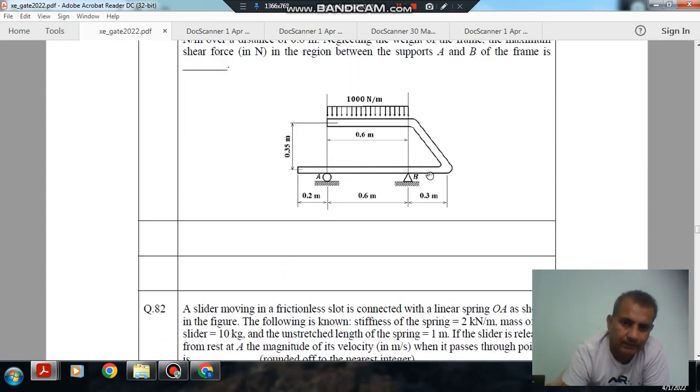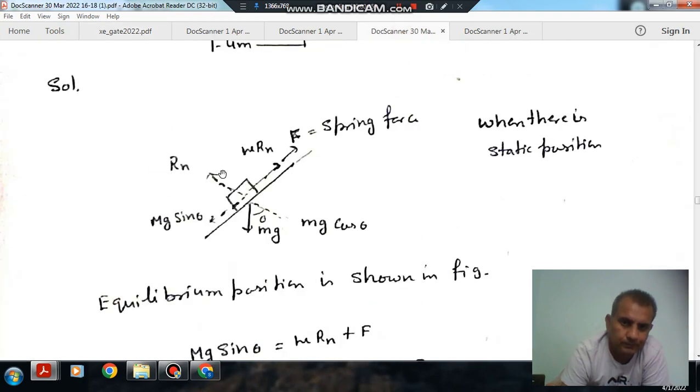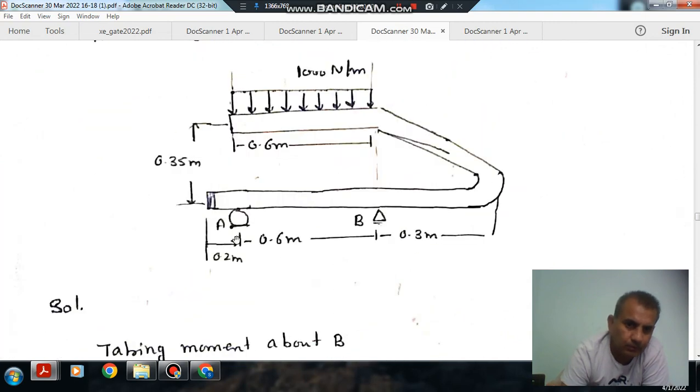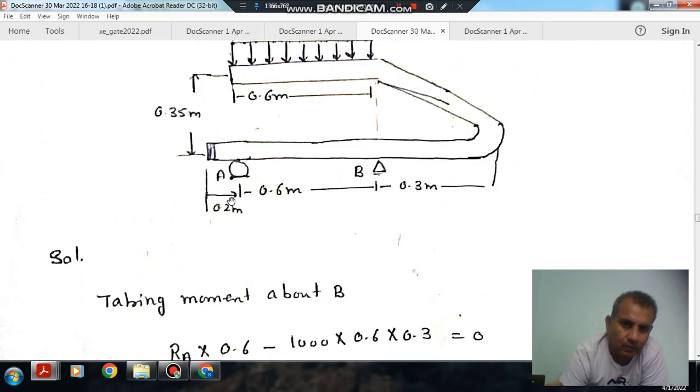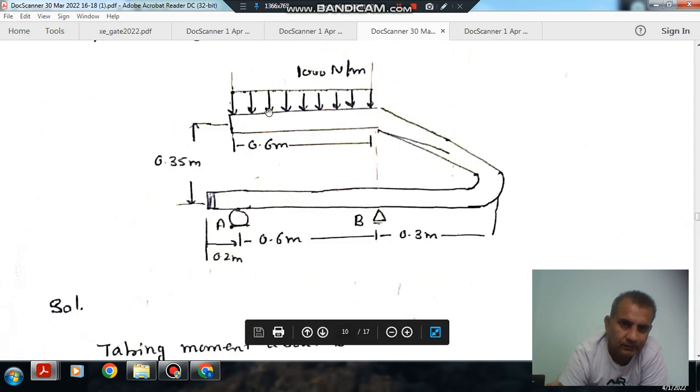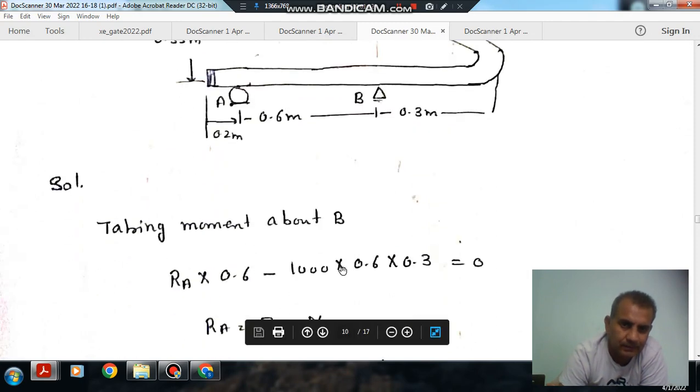So this is A and B, this is your 1000 Newton per meter, this is 0.35, this is 0.6, this is 0.2, this is 0.3. Now suppose RA is the reaction at A and RB is the reaction at B. Taking moment about B, RA into 0.6 minus 1000 into 0.6 into 0.3 will be